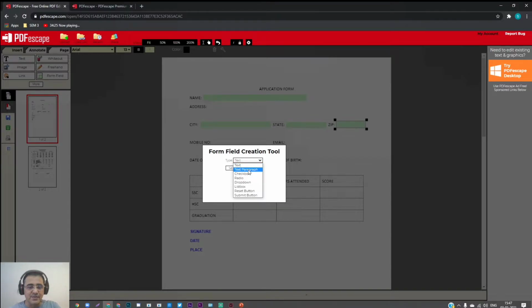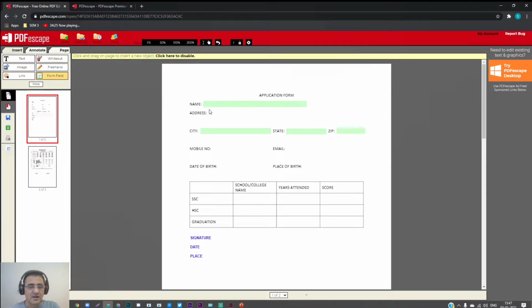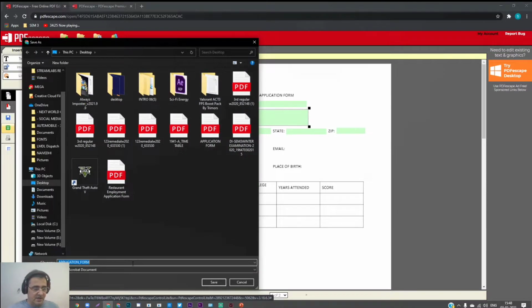From the drop down I'll select paragraph text, hit select, and this paragraph text will be somewhat like this. Okay, now I'm just aligning it a little bit, I'm not doing it perfectly, this is for demo purposes. So the same way you can create the remaining fields, and I'll just save this document and click on this download button, and I'll click on the download button, say application form 1,